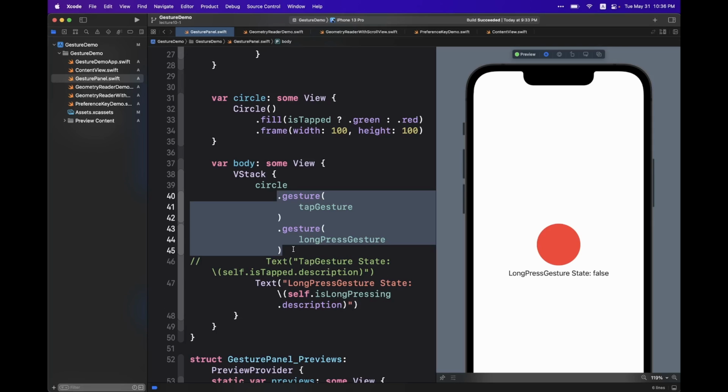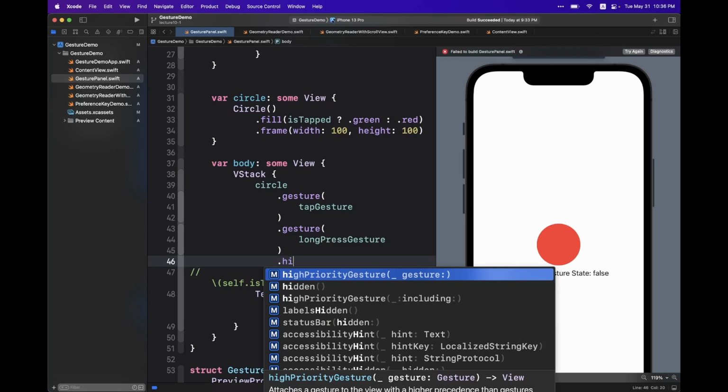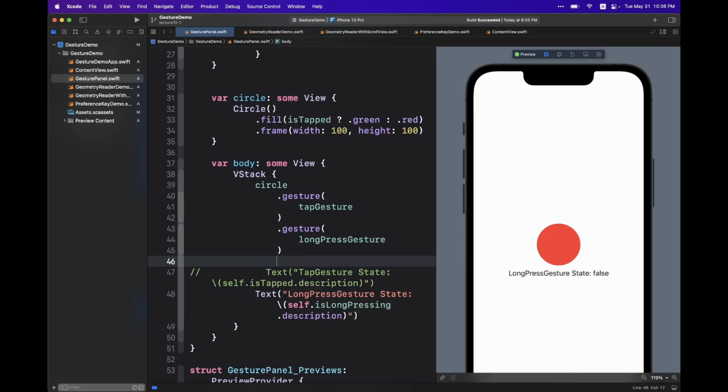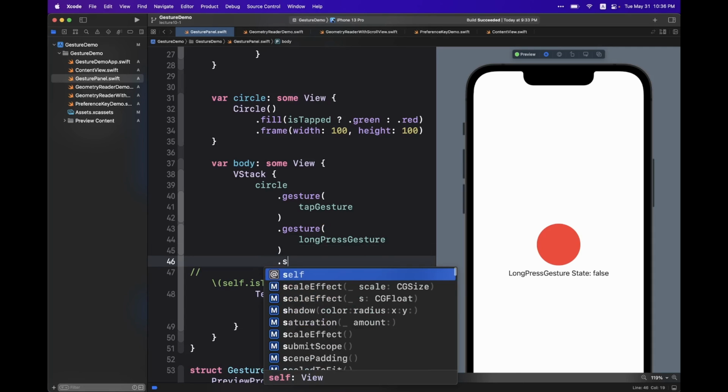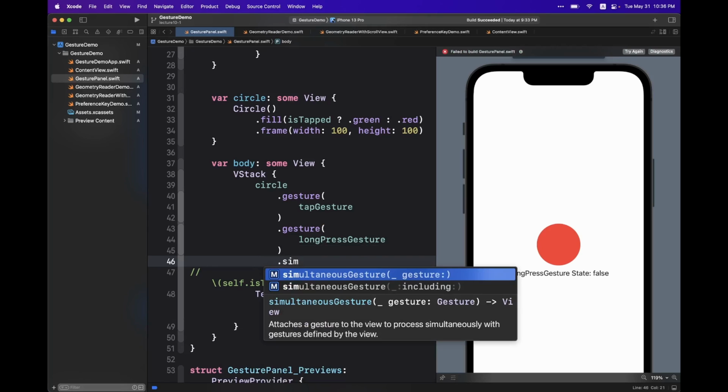The first one is called exclusively. By doing exclusively, if there are multiple gestures applied to that view, only one gesture is going to be recognized. Of course, you can also adjust the priority of a gesture by applying something called a higher priority gesture, but you're going to explore that on your own. And you can also apply a simultaneous gesture, which means this view can recognize multiple gestures at the same